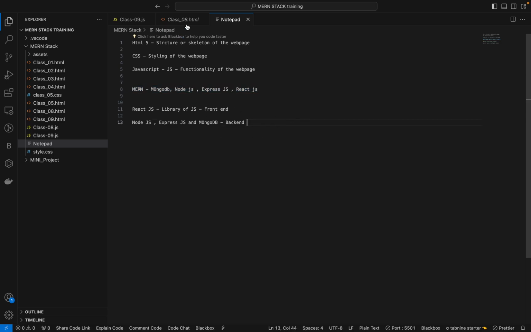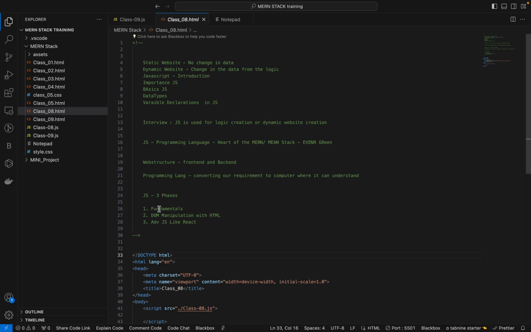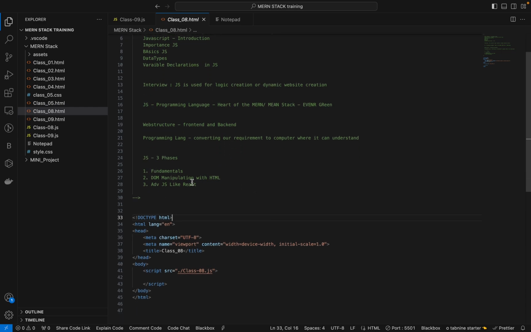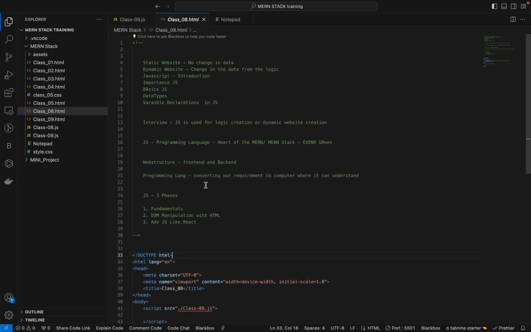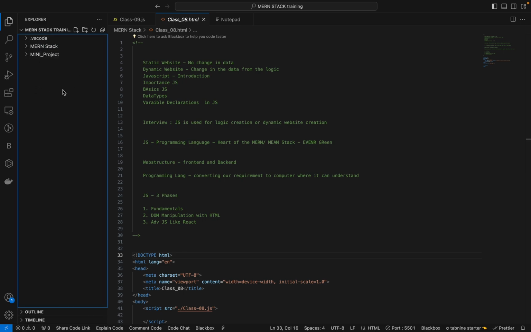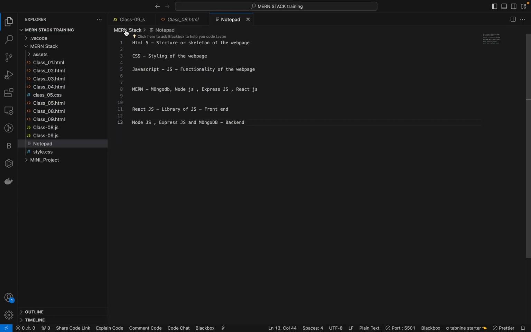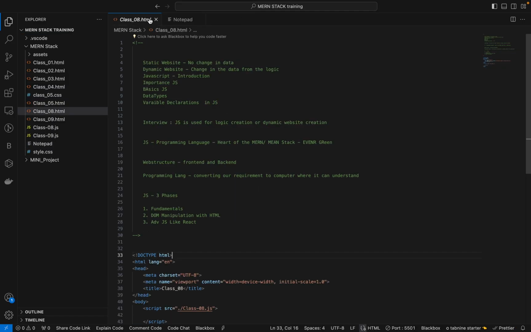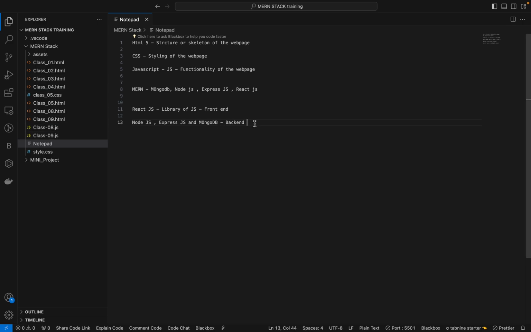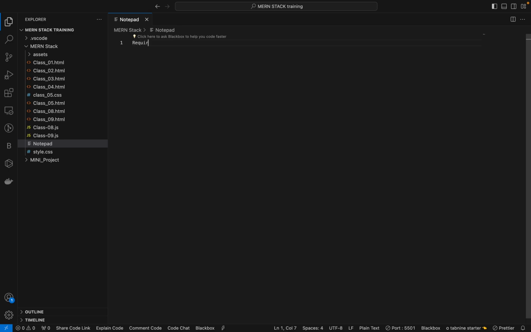Okay, so in the previous session we have completed the fundamentals and also the DOM manipulations and also a few async await functions, performance functions and timing functions, all the things. So now we have to create a React app and work on React. Till now we have done HTML and all these things, we don't need that. So first of all I will tell you the requirements for starting React. First thing,